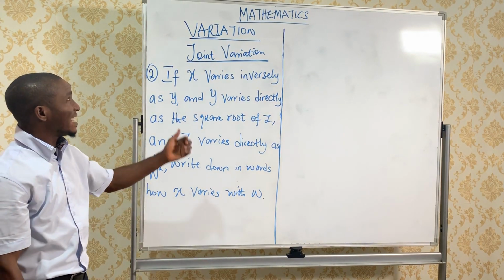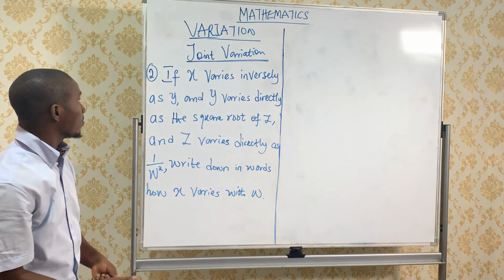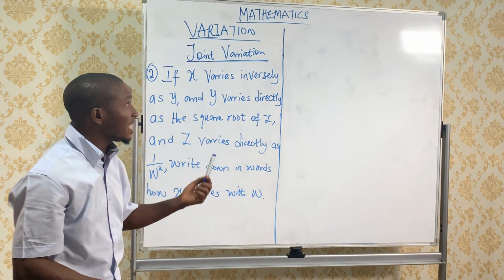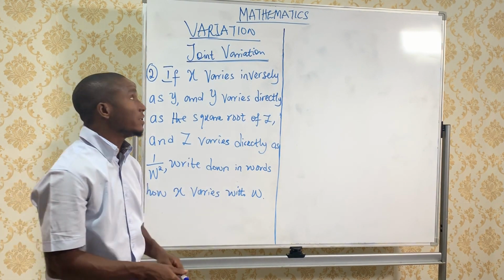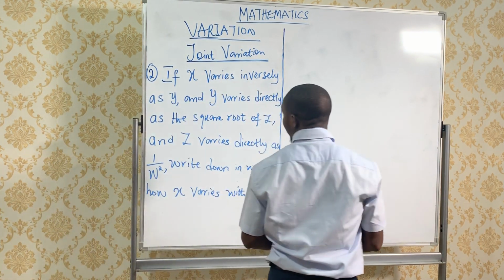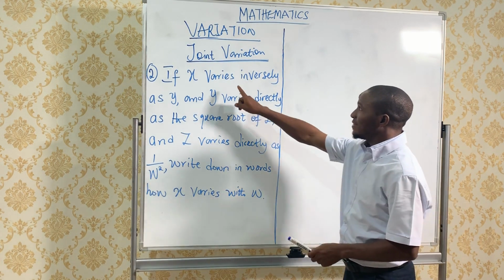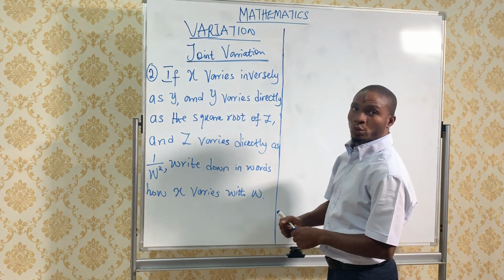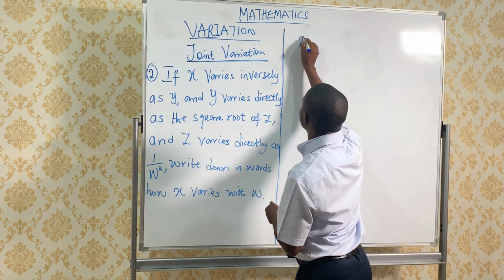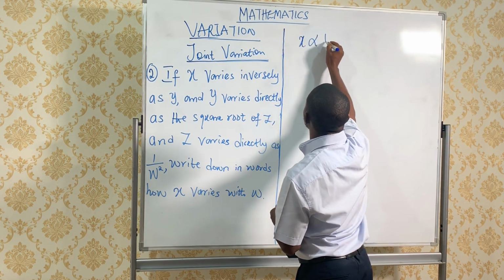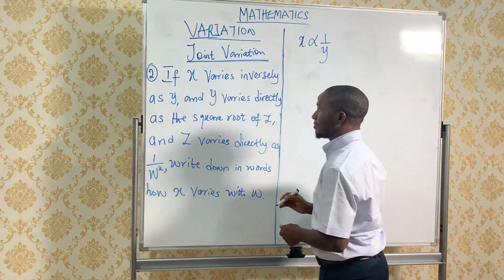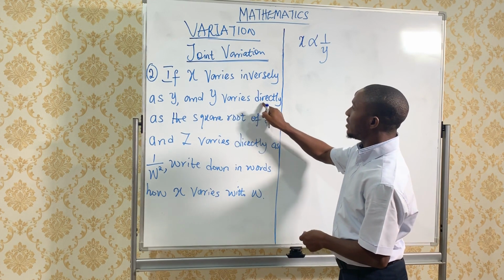Alright, so looking at my second question on joint variation. Now, this question was actually extracted from JAM 1980. Now, the question goes thus: if x varies inversely as y, and y varies directly